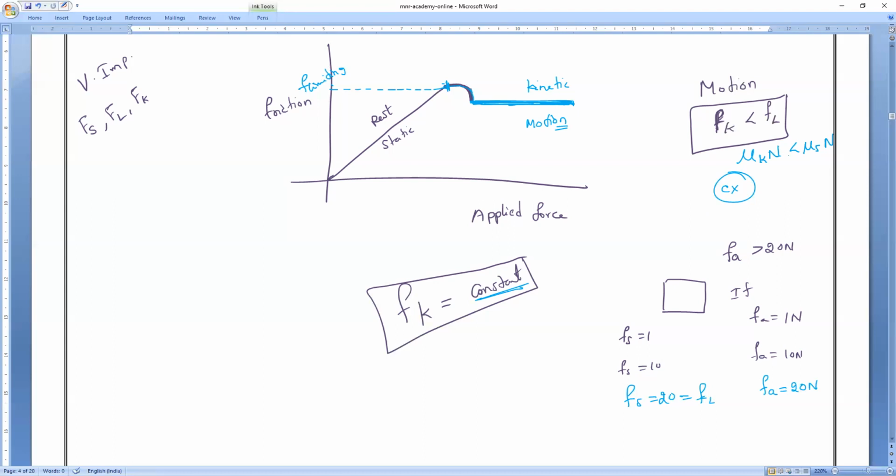Yes, please. But if you notice it, this Fk remains constant. That is what you have to remember. So this is what about that. That is why we will say the static friction always varies between 0 to